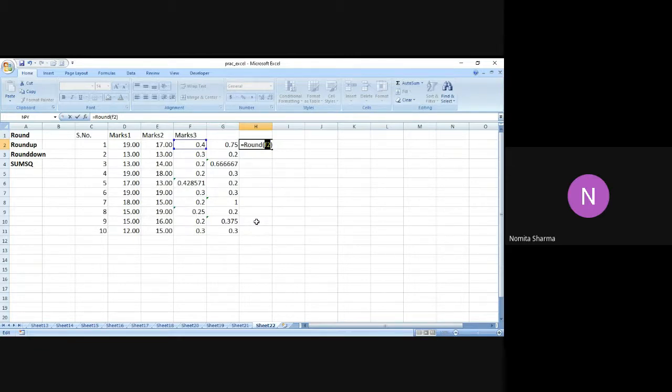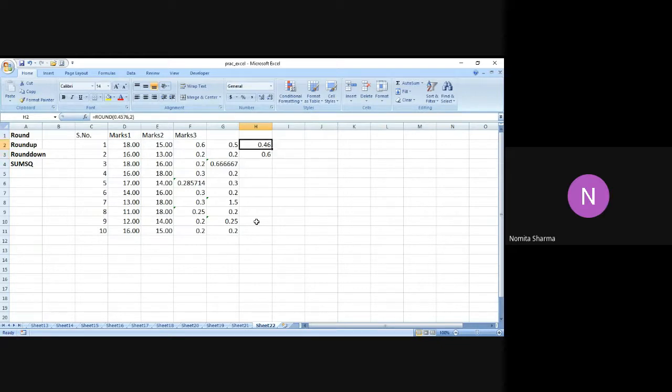Okay, I have to write the number. I can't write this. Let me write it as 0.457. Oh, I didn't mention the digit up to which it has to be rounded. And now let me use this function again with the help of the cell address. So I say F2 comma 2 and I write this as answer. Earlier I was not mentioning the number of digits by which I want to have the decimal number.